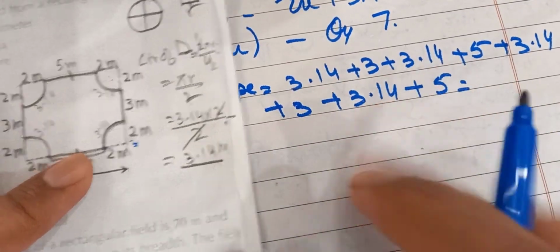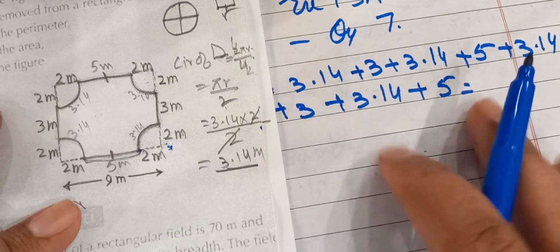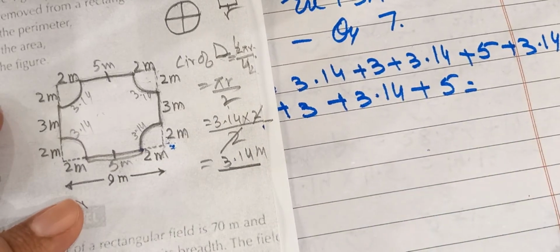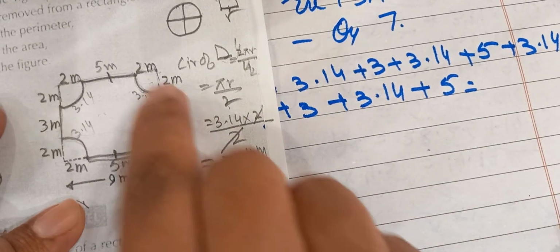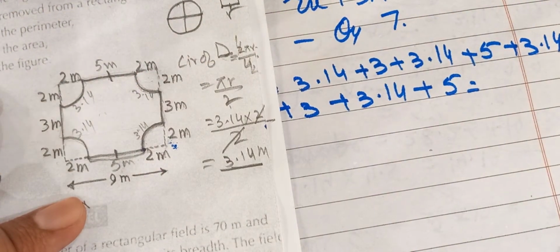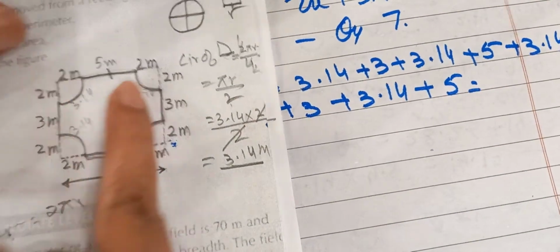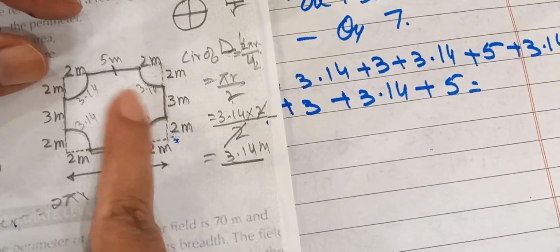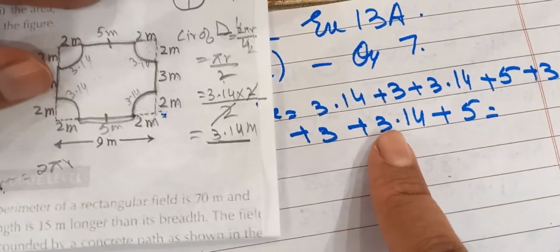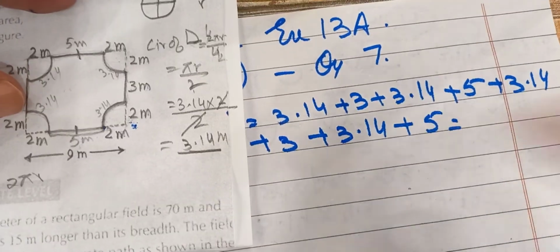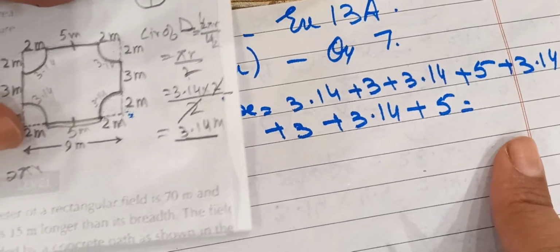I have written this just to show you how I have calculated the perimeter. I have added this to this and this. This dotted line is not the part of the shape. That's why we have taken the circumference of the quadrants. This is one way of doing that. You calculate it, you will get the right answer.